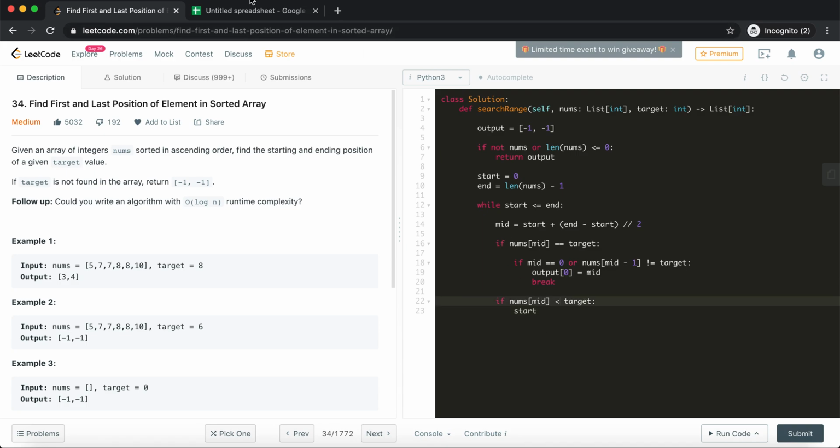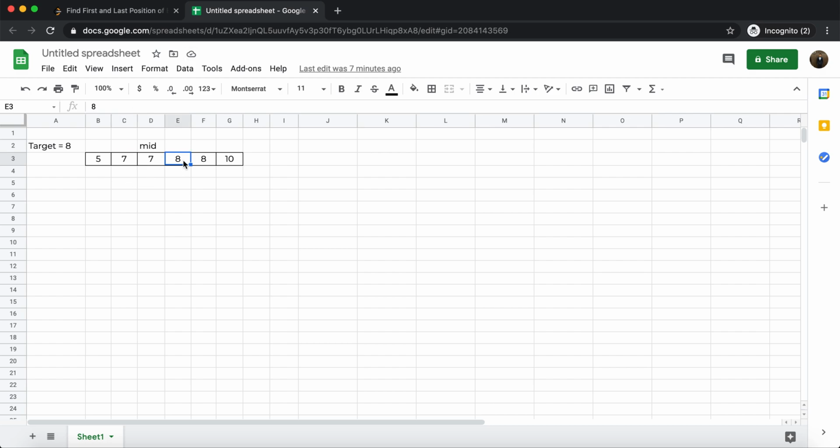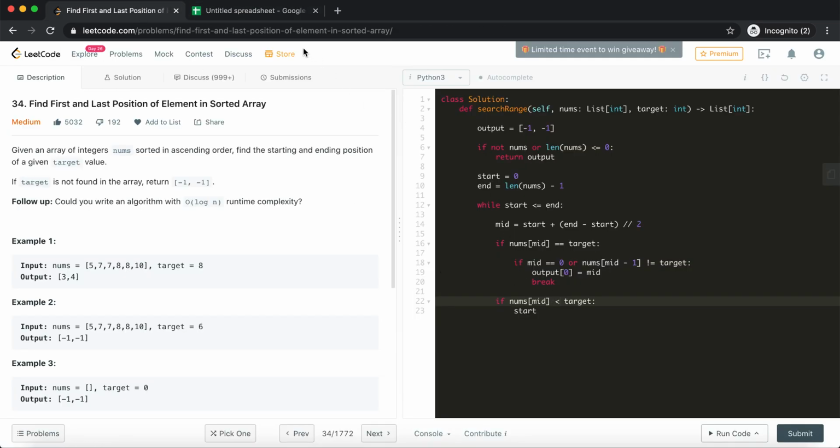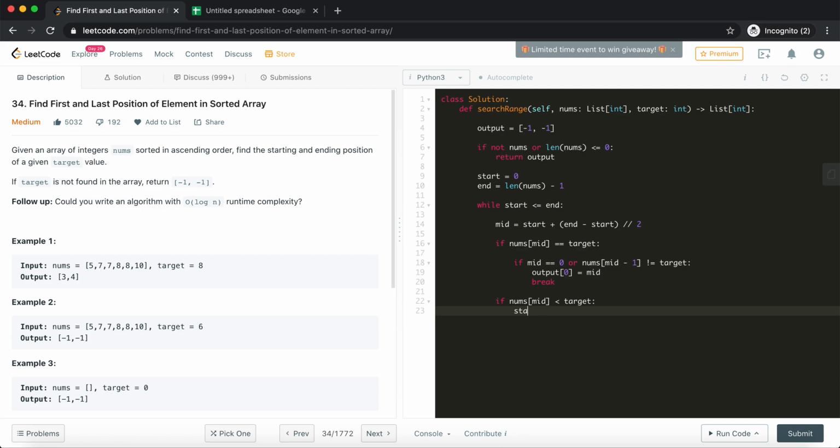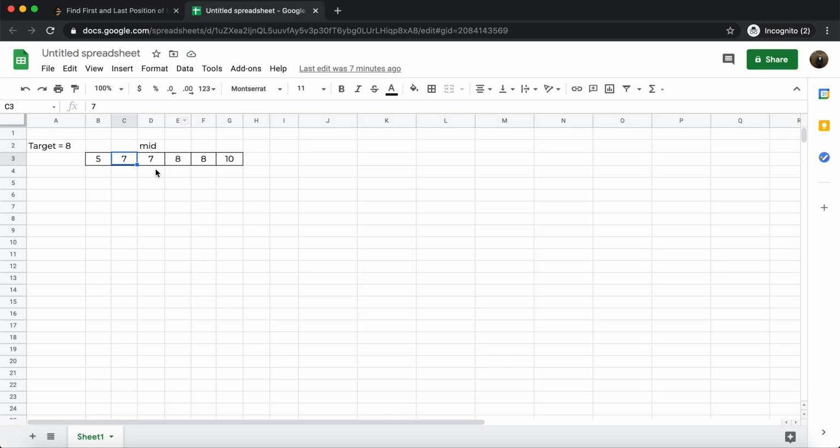Yeah, but not for the equal case, because if we stumble onto it, in that case we actually need to move leftwards if it is equal to target. So I've just modified that check. If the number is less than the target, then we know for sure that we need to go rightwards. So in that case, I'll adjust my start, because whenever we want to go rightwards, we have to shift.